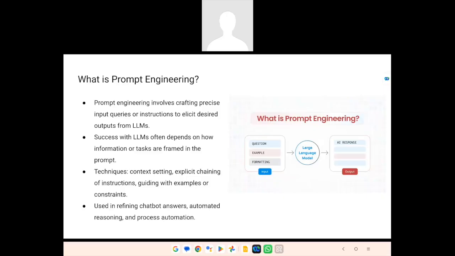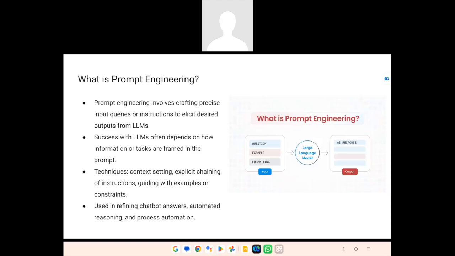So what I was saying is, in prompt engineering, we basically set the context of what you want to do. Let's say we are building a customer service chatbot. What is the basic intent of the chatbot? We have to say to respond in a polite manner, not reveal any sensitive information, and try to resolve the customer complaints.